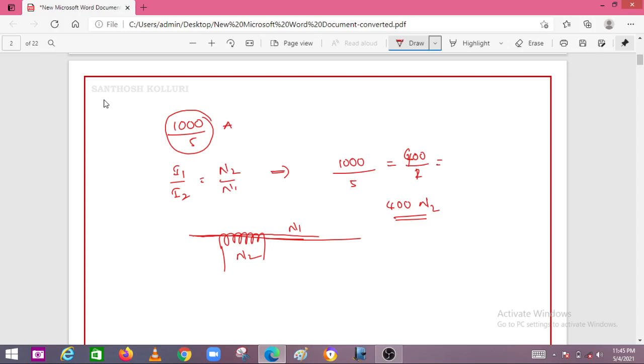So therefore this ratio will be satisfied. Like that you have to design your CT, but generally we will be using single turn or a bar primary only. Bar primary in the sense what? Transmission line or a conductor. So the applications of the CT is to measure the current value, and also for the protection purpose we are using the CTs here.